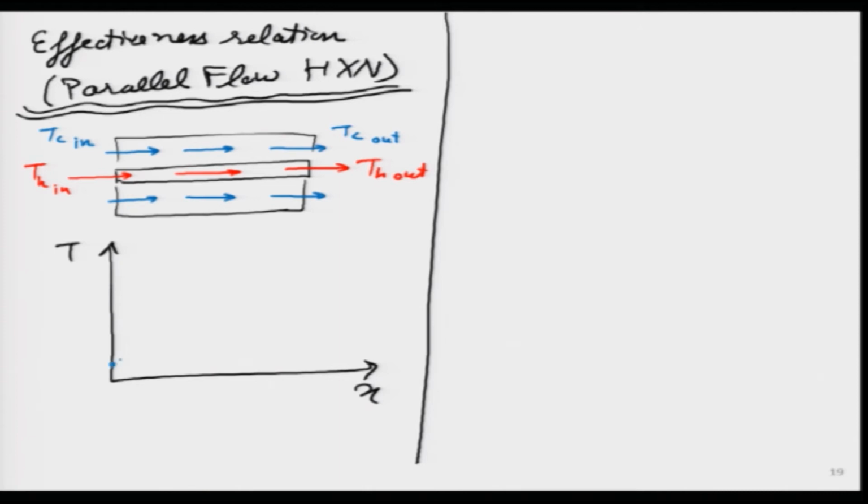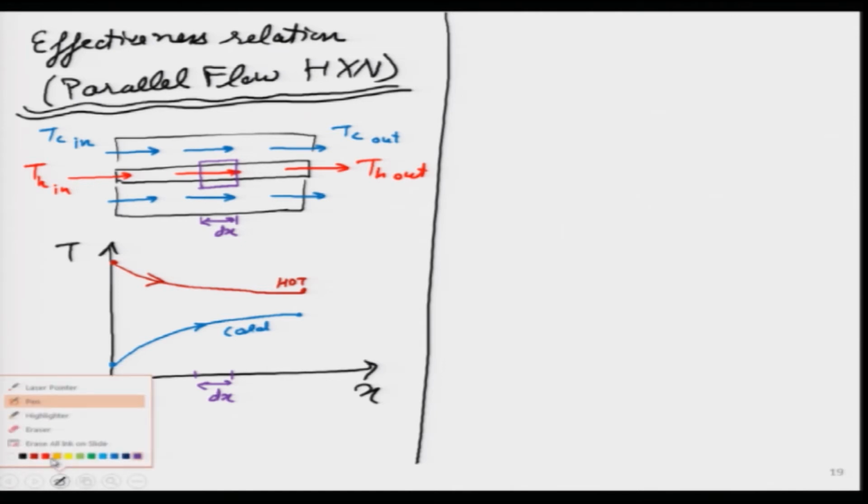So, the cold temperature we can plot something like this. This is just a general profile that we may expect to get. This is the cold side, and similarly we can draw for the hot side over here, that high temperature will become slightly lower over here. It is going to lose its heat, and this is something we have done earlier, and this is the hot side. What we want to do over here is take a differential element of length dx. So, this distance is dx, and the same thing we will do over here, small distance dx.